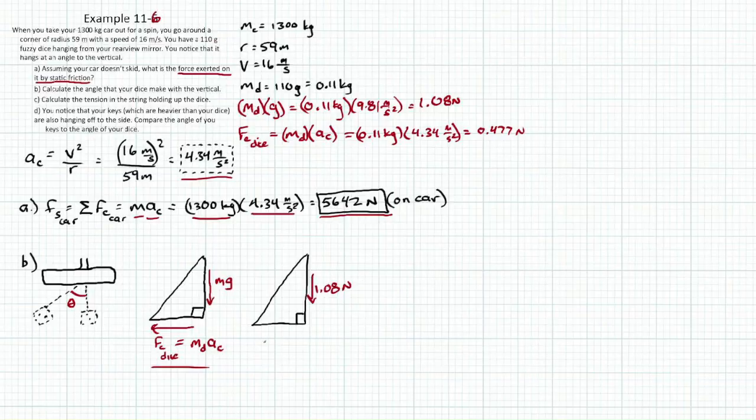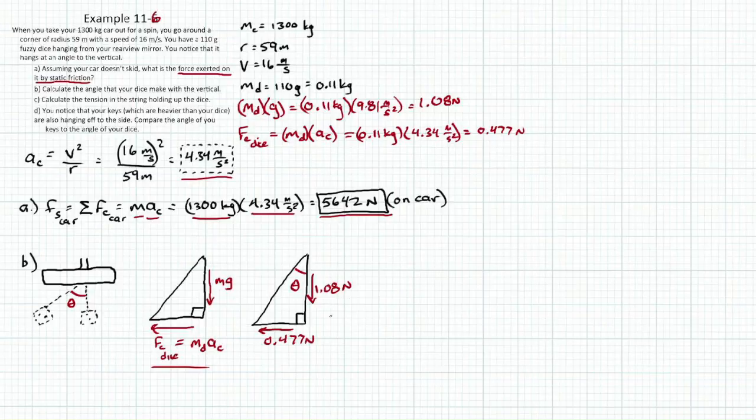And then we have a sideways force, the centripetal force caused by mass times a sideways centripetal acceleration, of 0.477 newtons. And if we want to find this angle right here, which is what B is really asking us,